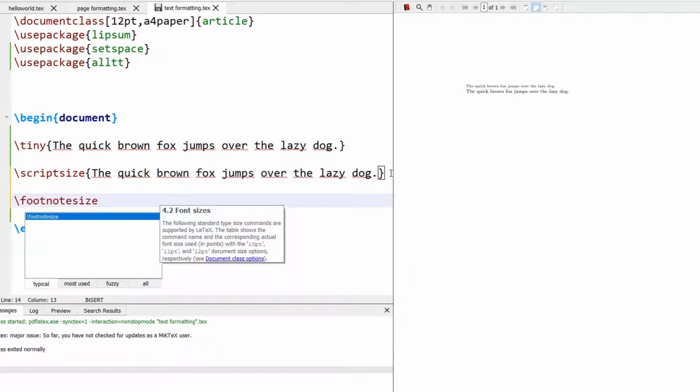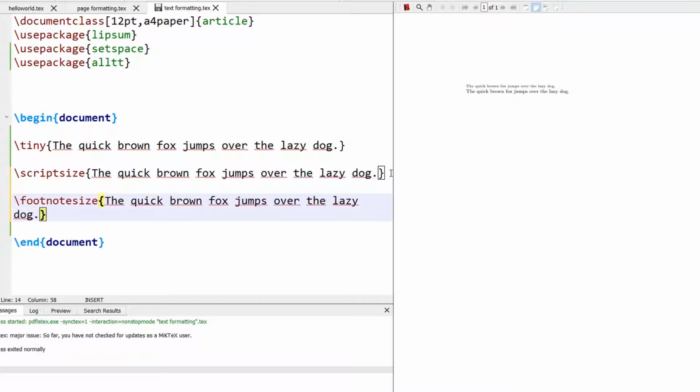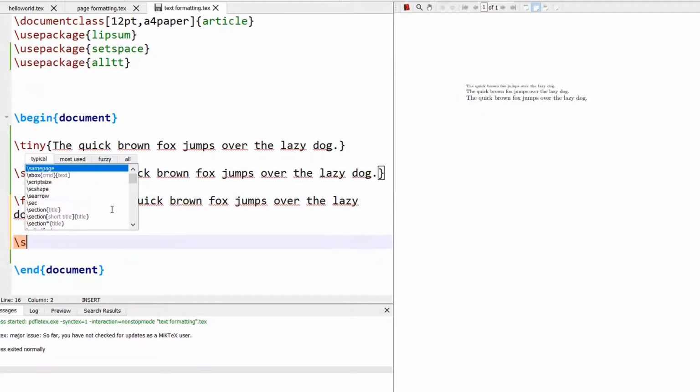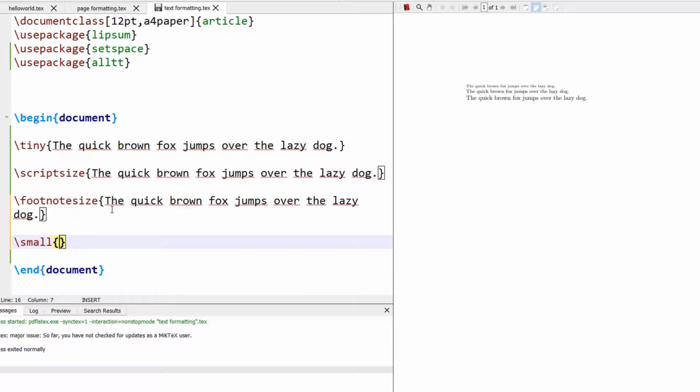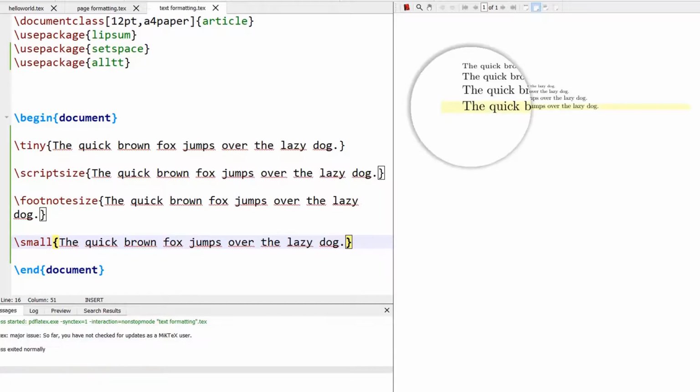You can recollect the footnotes were already dealt with in the previous sessions. You can have a look into them. So the footnotes were typeset using the footnote size as the font size. You can observe the footnote is a bit bigger than the script size. After footnote size, we have something called small as a command. This is again bigger than footnote size. You can observe here, this is bigger than the footnote size.